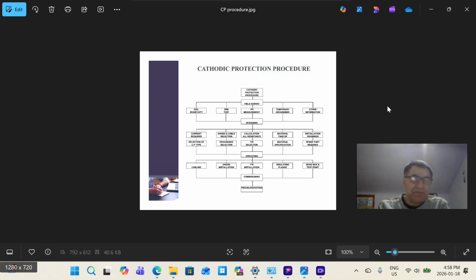Those records must be analyzed by a corrosion engineer, and at the end of that, when all those field inspections and the inspection test plan are completed and witnessed by a certified inspector, commissioning is going to be completed, and the cathodic protection system must be handed over to the